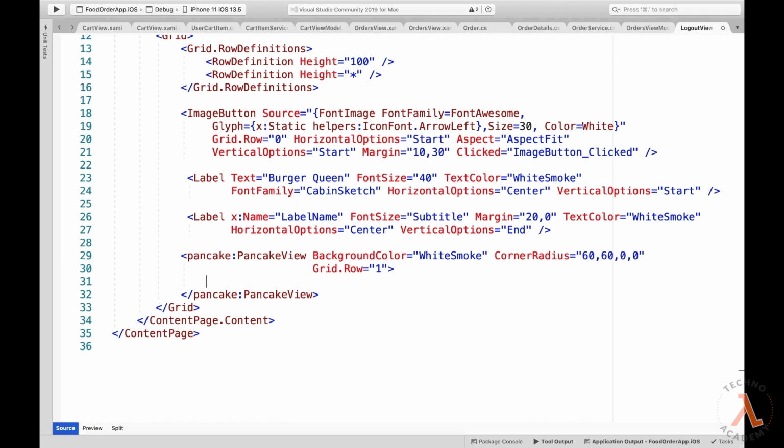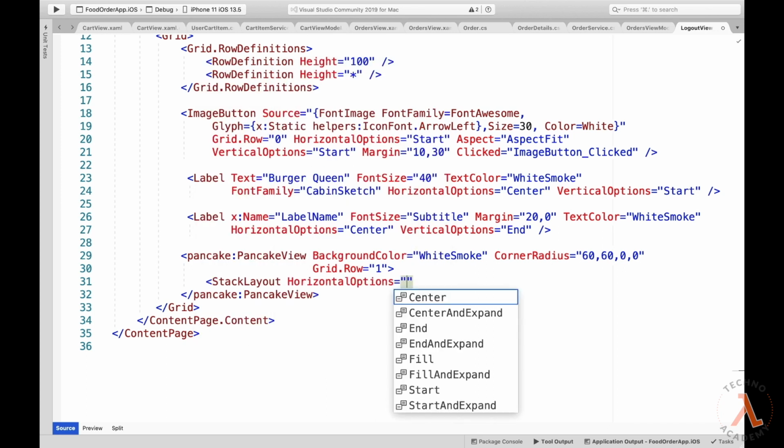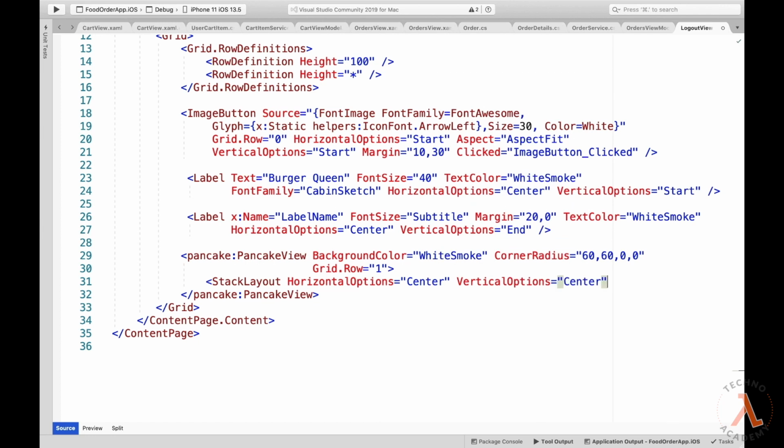To make the design simple, let me take the support of the stack layout. So let me type in stack layout, horizontal options equal to center, vertical options equal to center. Then we have a requirement such that if the user has already added some food items to the cart, and